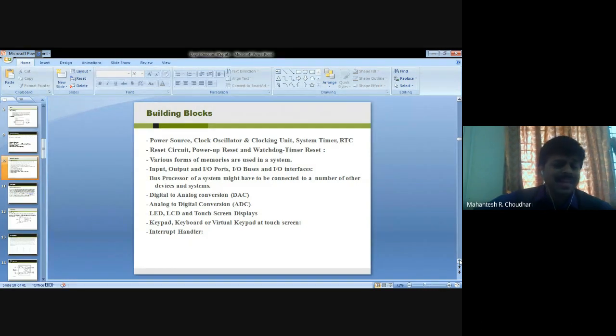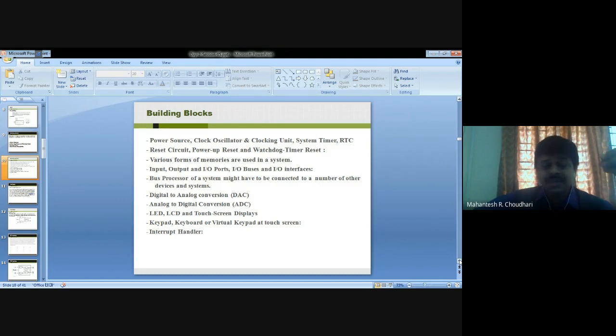And the watchdog timer reset enables the restart of a system when it is stuck in a certain set of instructions for a period more than the preset interval time that you have given. During that case, the watchdog timer will help you.